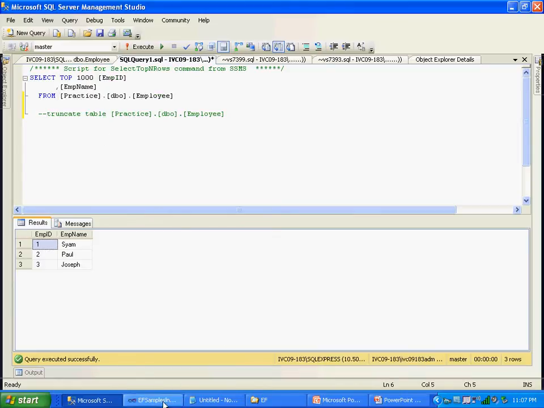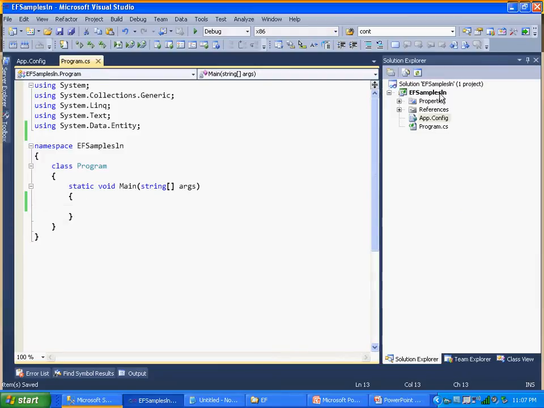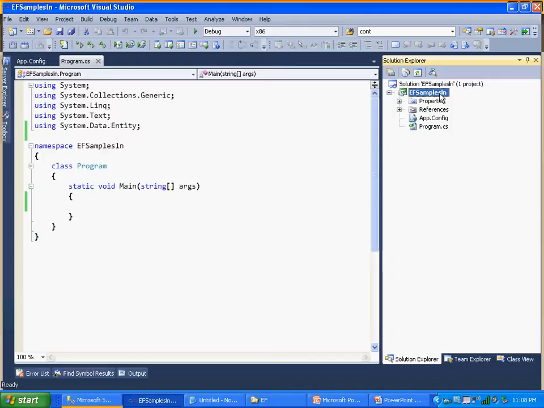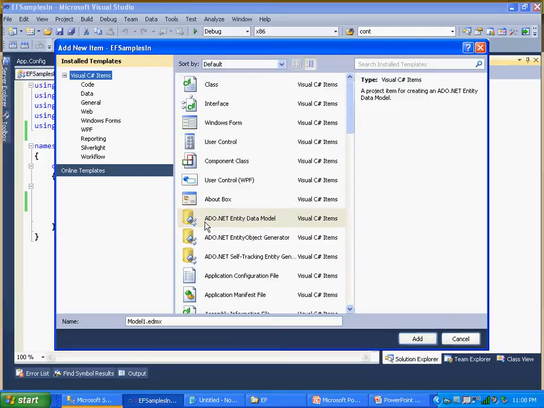For that, first I created a console application using Framework 4.0, and at this moment it has only the Program.cs file. Nothing is implemented. I'm going to add an Entity Data Model. Right click on the project, select Add, select New Item, and select ADO.NET Entity Data Model. I am giving the name for this EDMX file as Practice